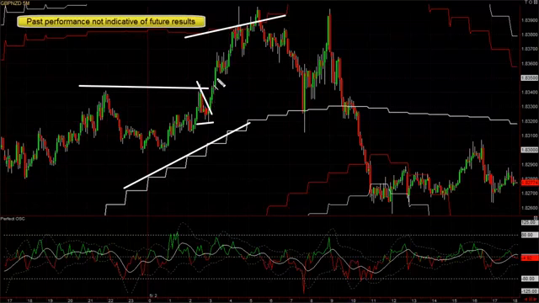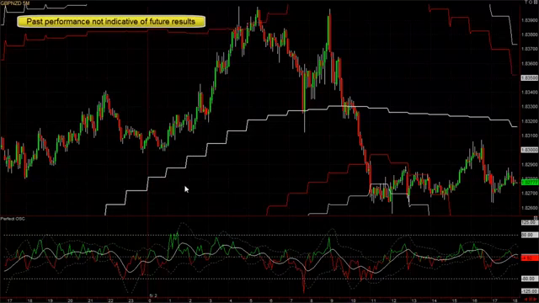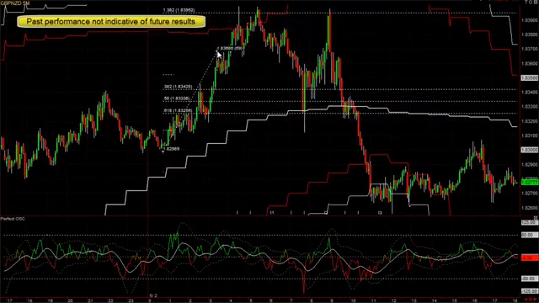This one broke the high, and because the trend was strong, you might want to draw your fibs from this level right here. Gives you an idea of what your profit target is. Guess what? Very high probability you would have been long right here. Put your stop underneath here, and you can always get out of half the trade when it's kind of going sideways. Keep your stop underneath here in case it comes down, and then when it goes up above our bands,